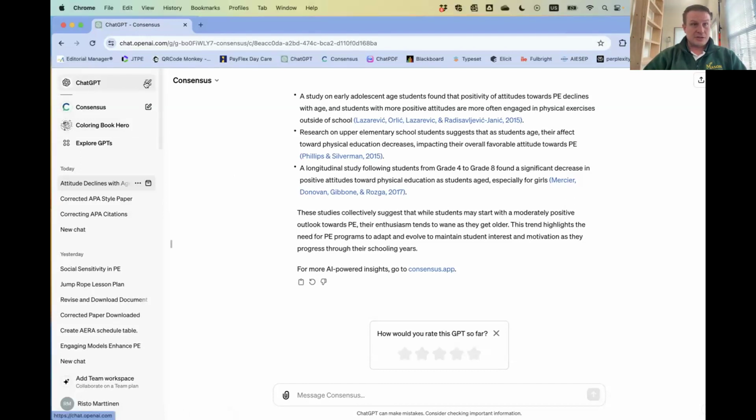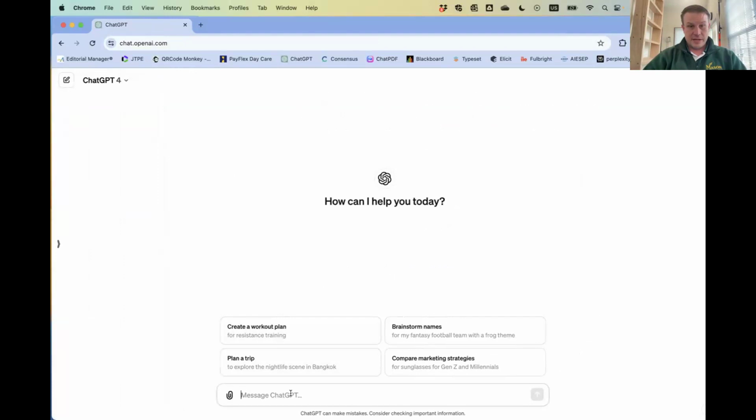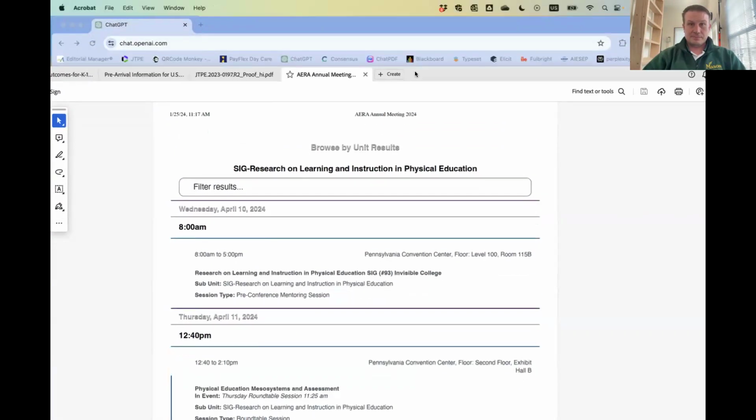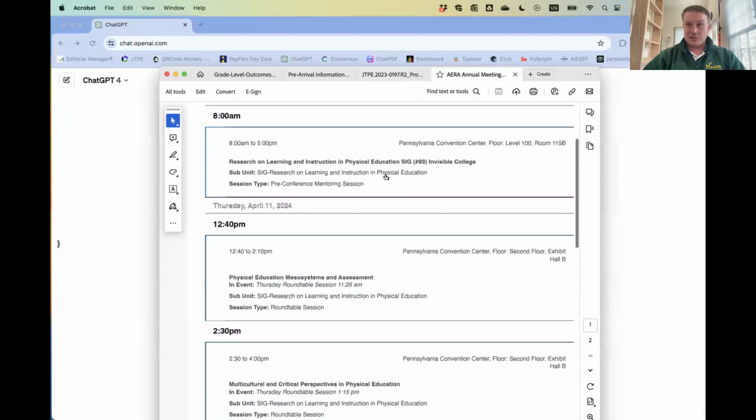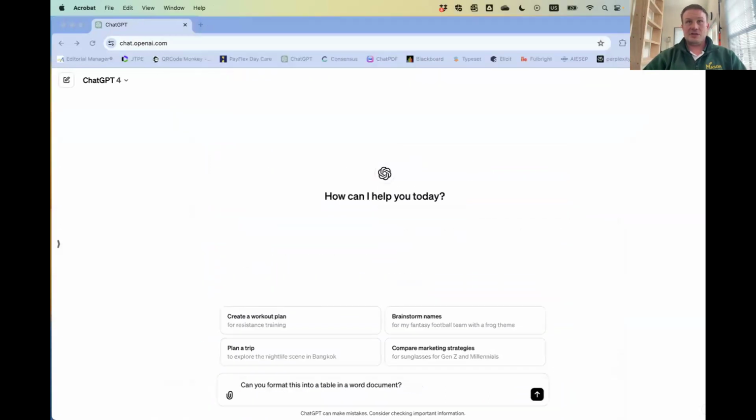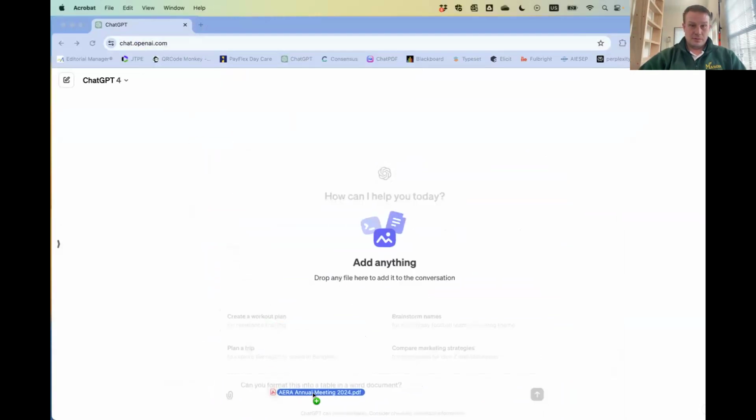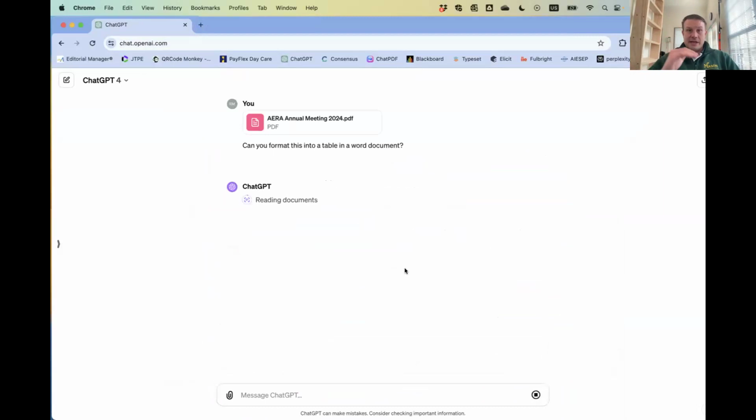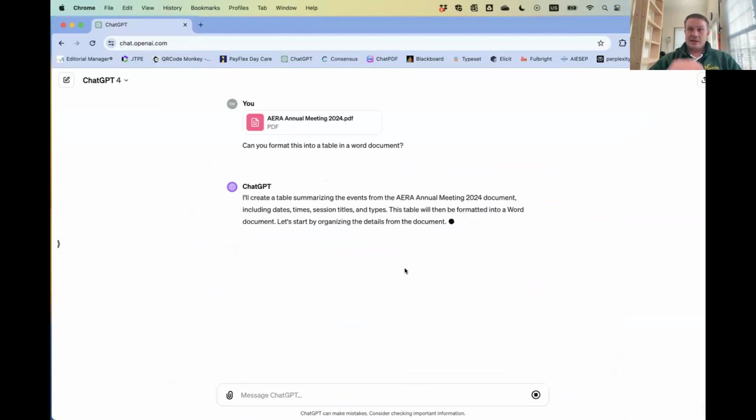for here, let's go to ChatGPT, give me a new thing. And I say, can you format this table into a Word document? And so what I show here is basically I went online and I have this. I basically screenshotted it, put this in, but I want to have it in an easy to use table. So I'm going to drop this here. So that's the file, but I want it in a Word document so I can easily download it